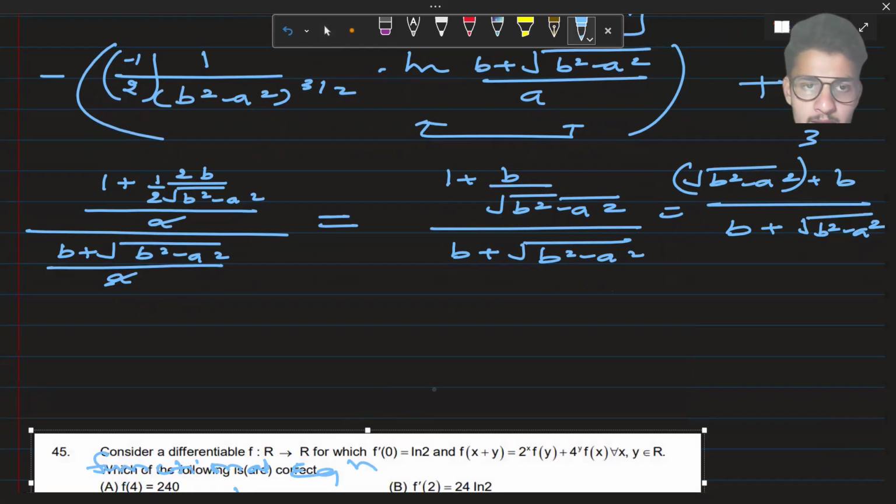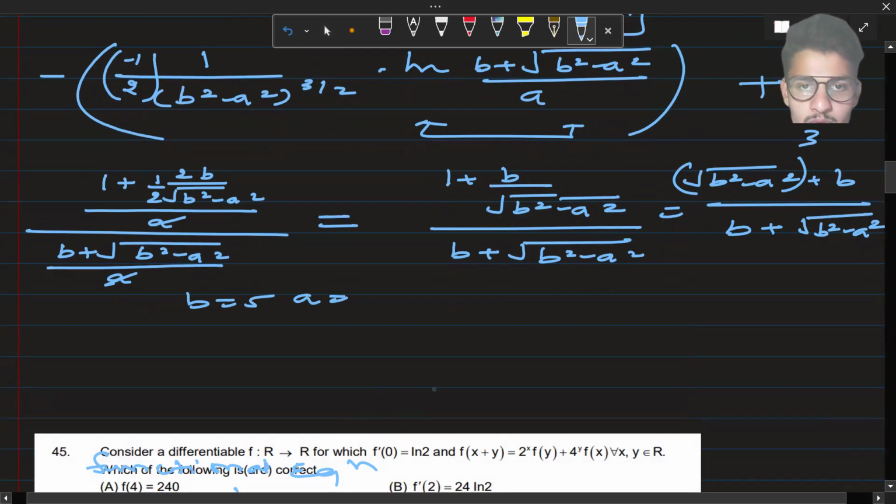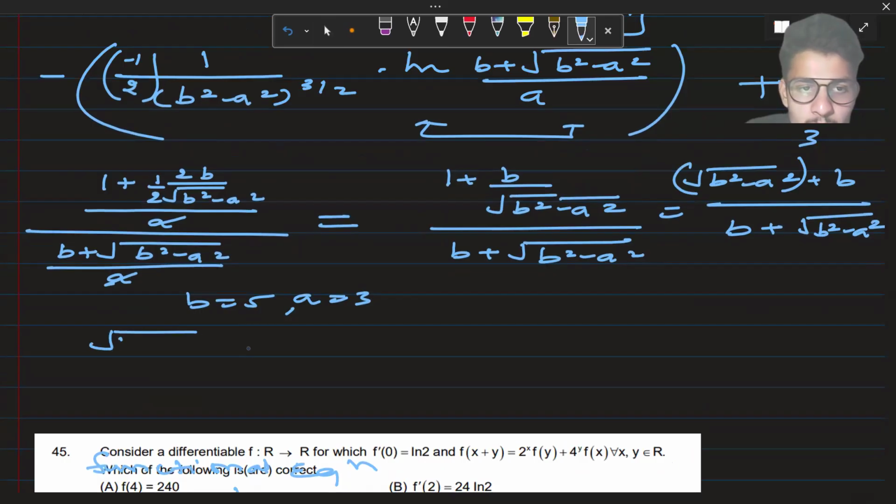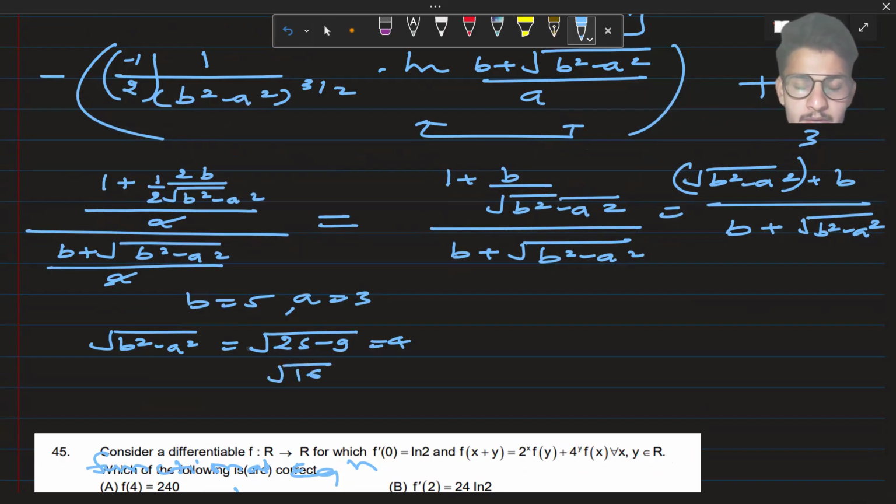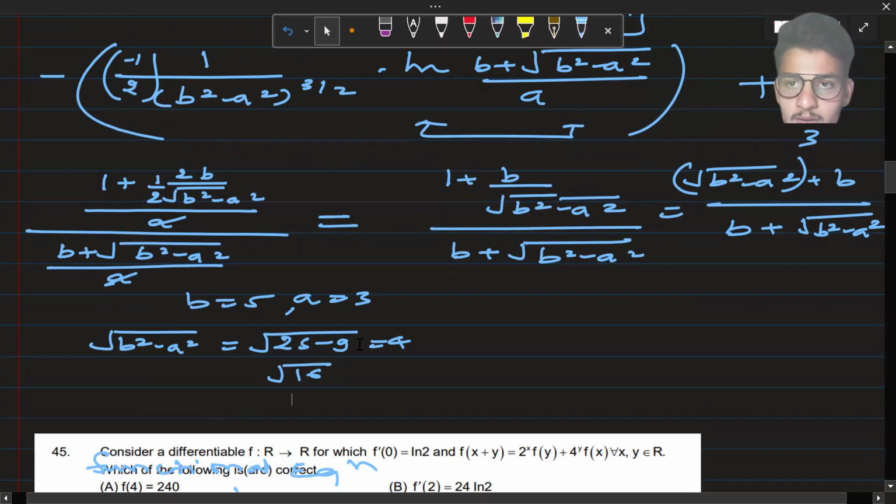So when you put the value b is 5 and a is equal to 3, what will you receive then? What is root over b square minus a square? It is used many times, so we will calculate it separately. That will become root of 25 minus 9, which is root 16. 25 minus 9 is 16. Its root is 4. When you put this value here, both ways you will put 4 cube